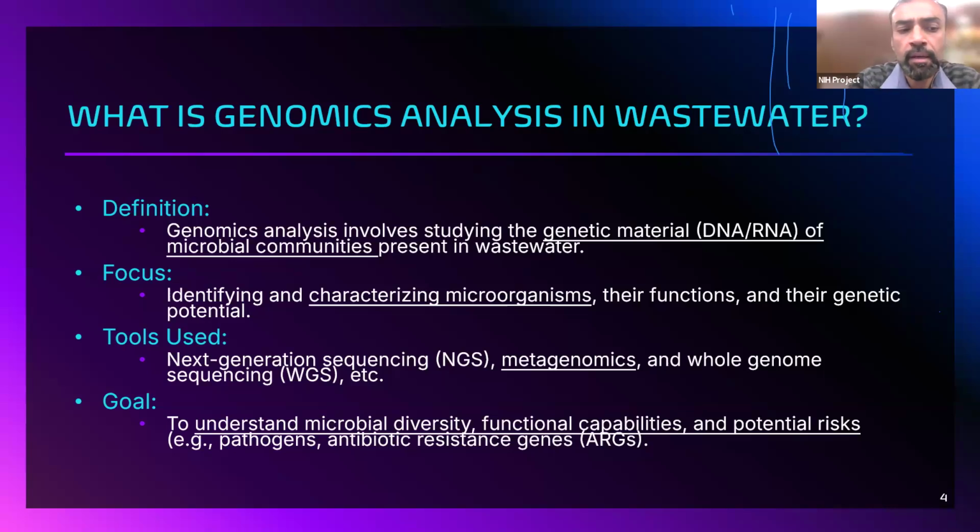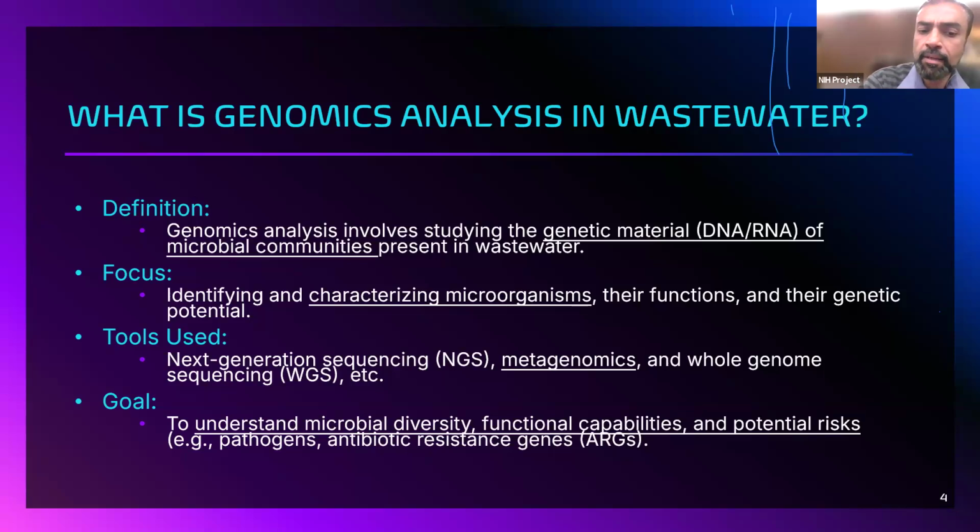How can we do that? The simple answer is by using next generation sequencing, RT-PCR, digital PCR, metagenomics, and whole genome sequencing. What is the goal? The goal is to understand the microbial diversity and the functional capabilities. If we know about the particularities of the bacteria, we can know about their functions, and with the sequences of the bacteria and microbial environments in hand, we can test whether something bad, such as a pandemic, is going to happen or not.